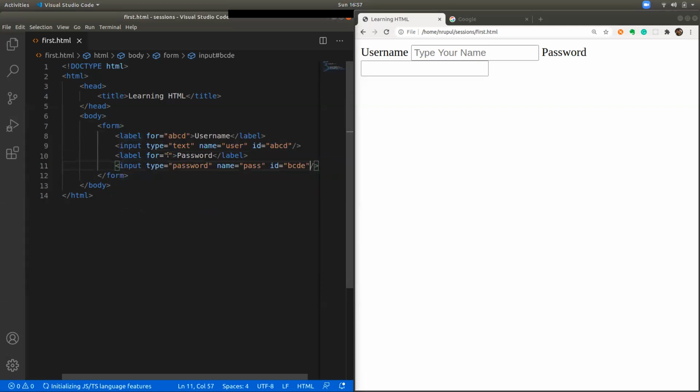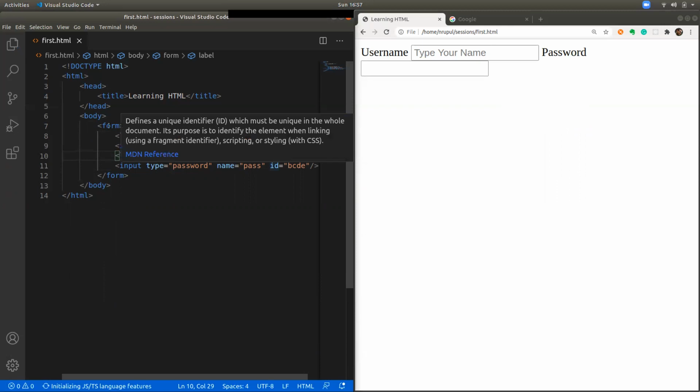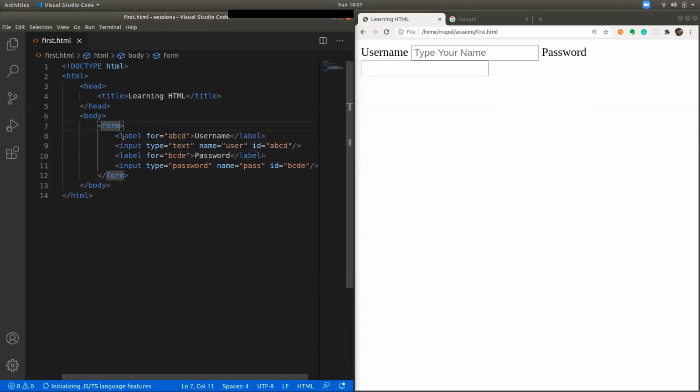Now I need to give the same ID which I gave to the password field as the for value to this label, so that the browser knows this label is for this input element. So that is all about inputs, forms, and labels.